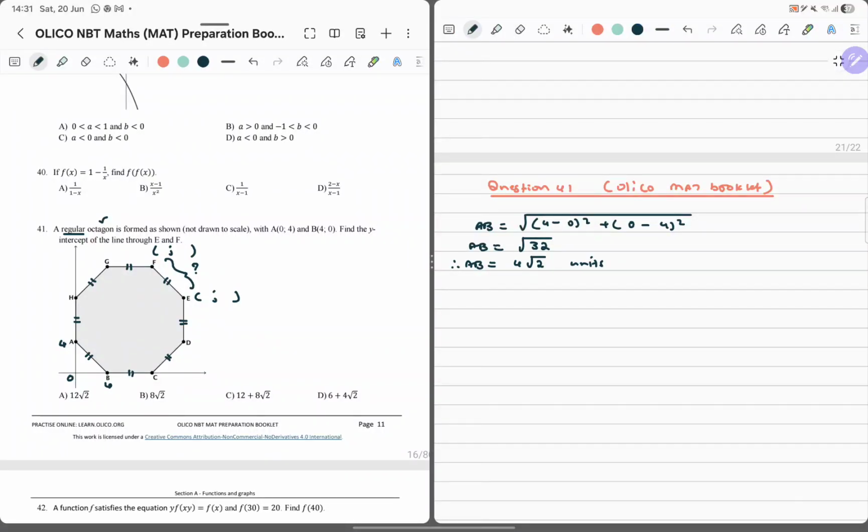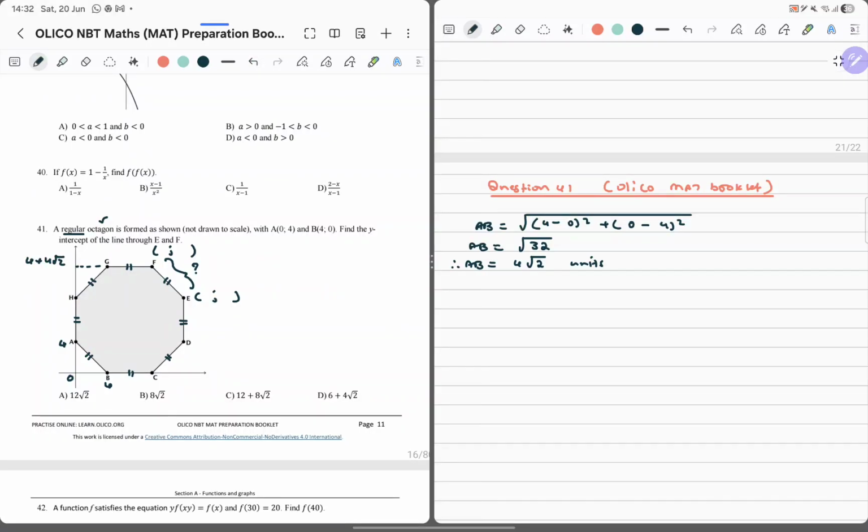So now, folks, if this is the case, now this is 4 root 2. So this means from 4, we add 4 root 2. That means the y value there is going to be 8 root 2, right? Am I correct? No, not correct. So the y value there is going to be, look, it's going to be 4 plus that distance of 4 root 2. So this is just going to be 4 plus